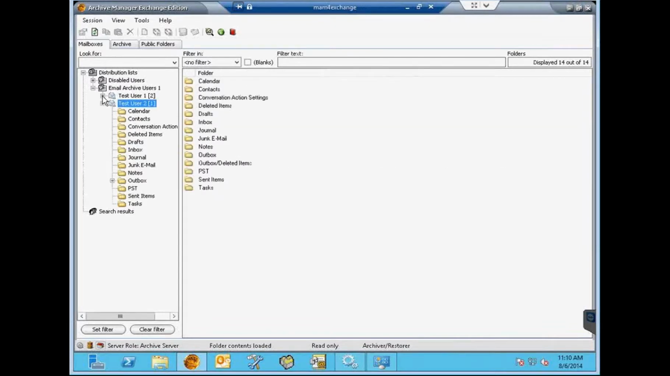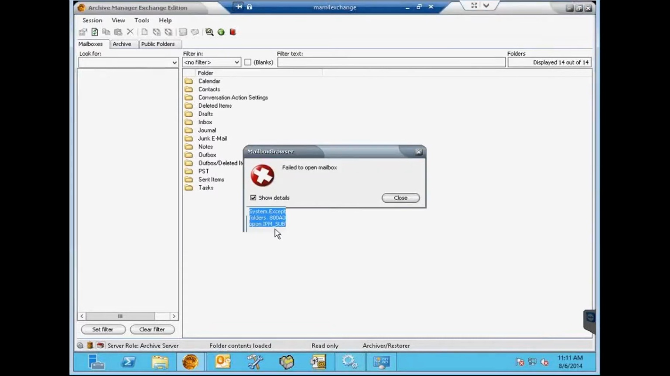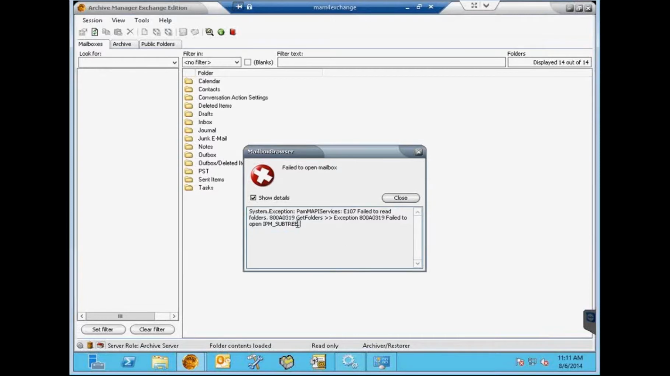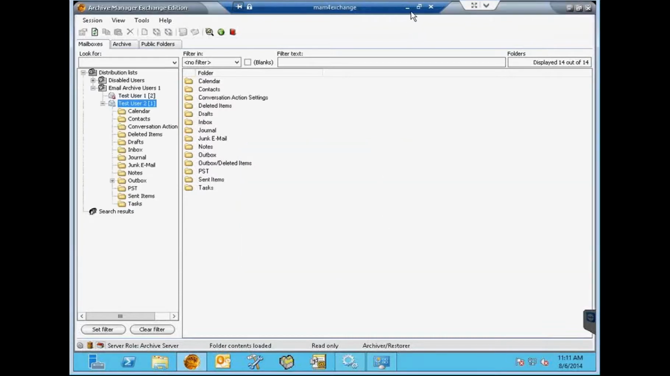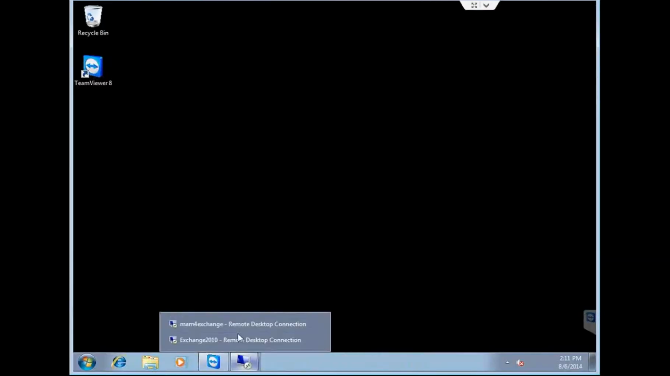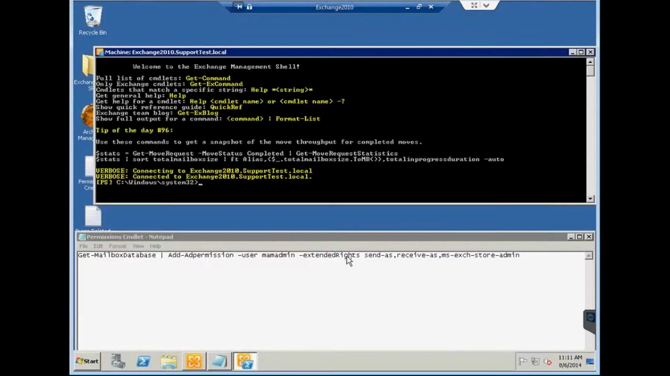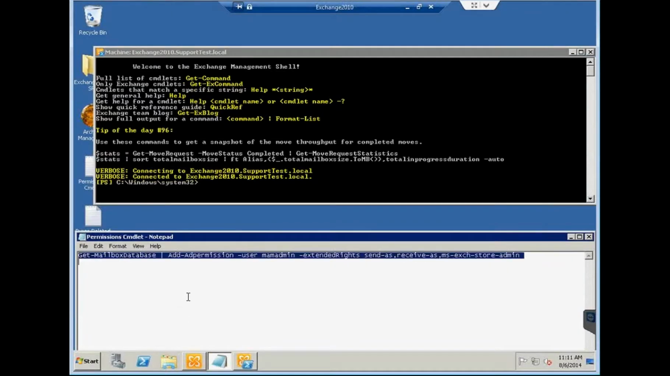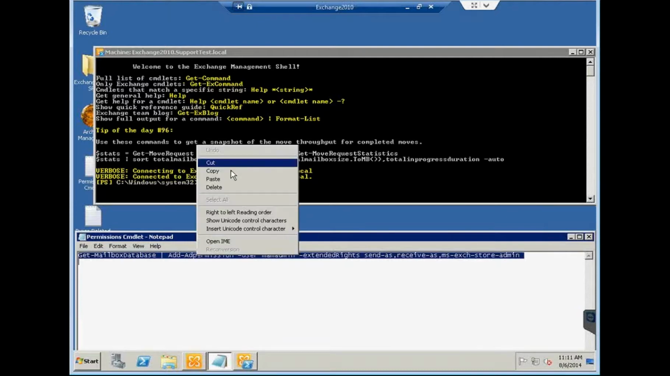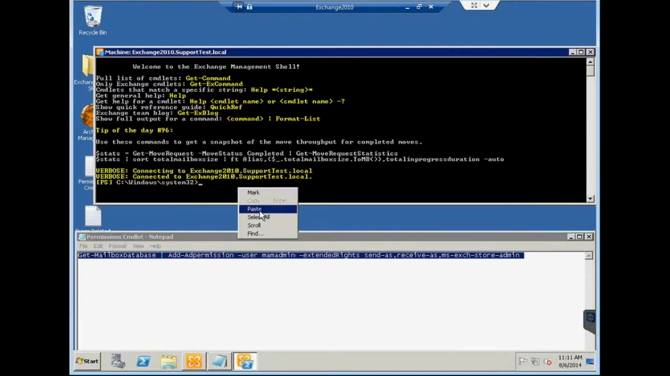Now, to that same level, I have moved test user 1 to a mailbox database that has no permissions for our super user on it. So we're going to see an error here. And we'll see that we have the failed to open IPM subtree error again. This actually is pretty simple to resolve as well. We just simply need to go to our Exchange 2010 server and apply this command that we have, which I've provided in the presentation previous. We run this command,